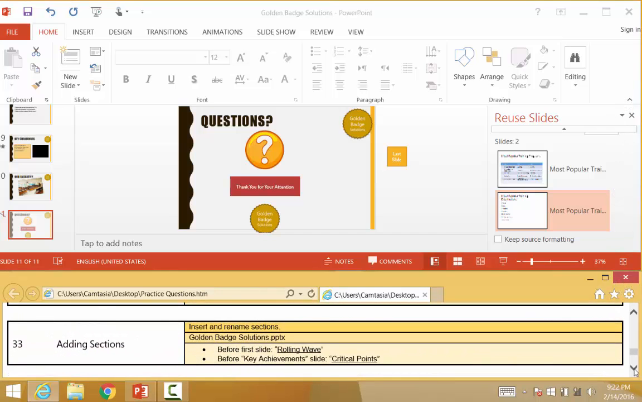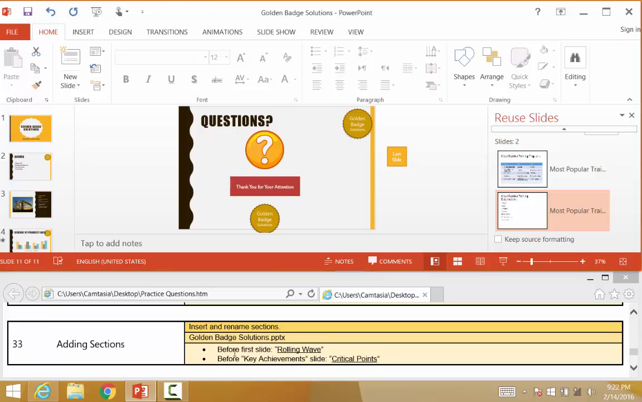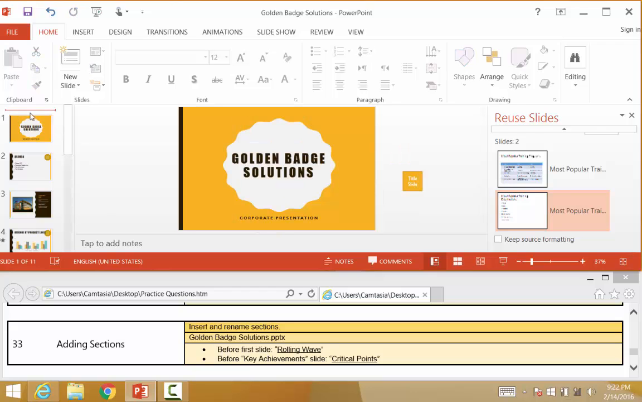Okay, question 33 is about adding sections. We're supposed to insert and rename sections in the same file called Golden Badge Solutions. So it's the same file, and we're told where to add the sections. The first one is before the first slide. So we click before the first slide. This is where we put our